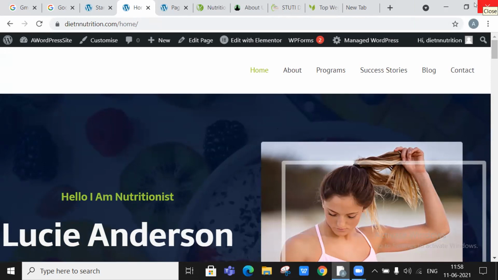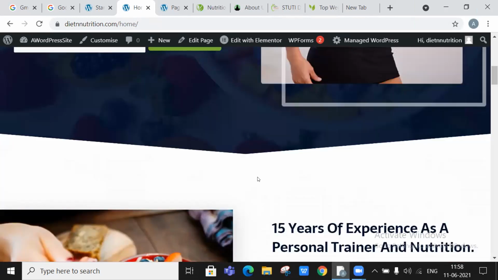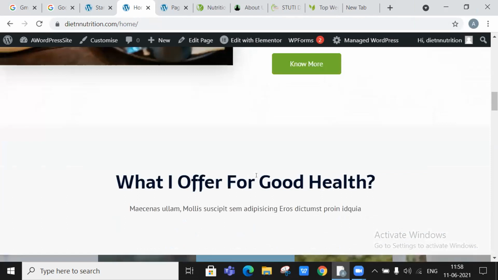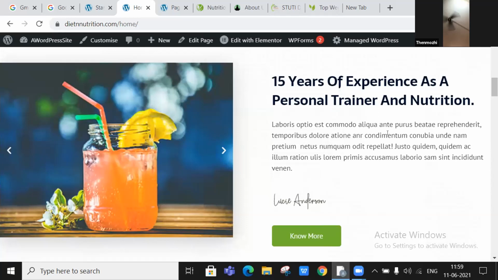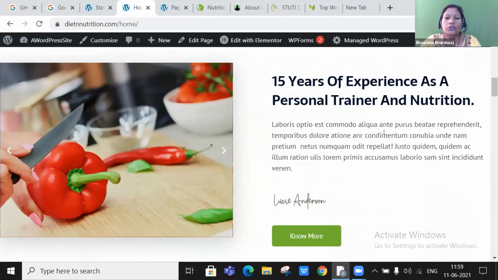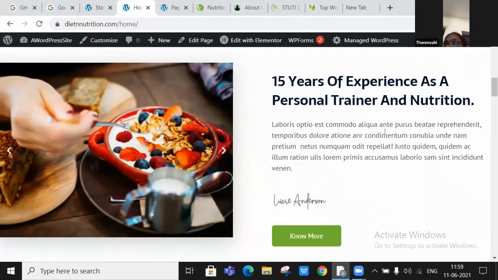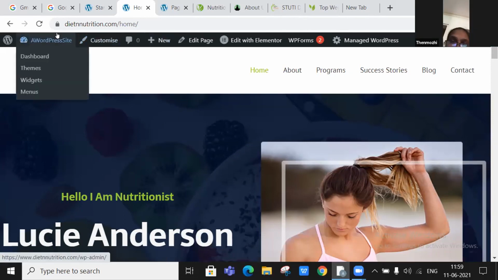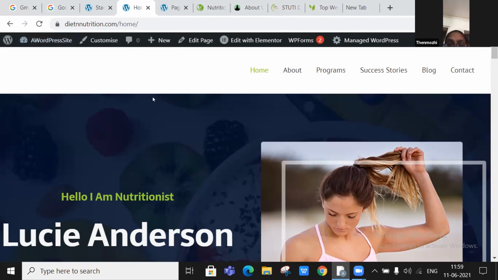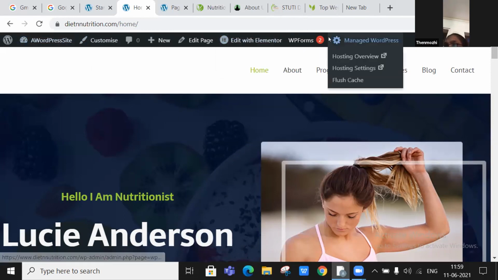Ma'am, I went into the Hostinger plan, but it's showing your domain is not pointing to Hostinger. Domain and hosting both from the same place or from different places? From Hostinger, I bought one domain name plus one month hosting plan. Okay, just give me 1 second. I'm making you host.